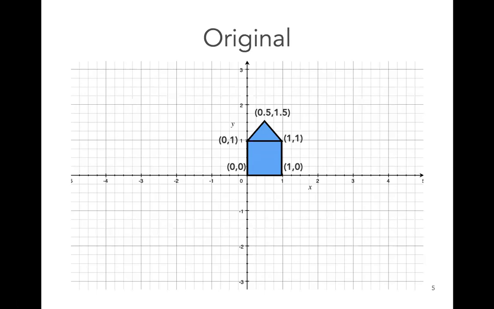To get really precise, let's look at a Cartesian coordinate system. We've got an x-axis and a y-axis, and a little house with coordinates on it so we can describe the location of each point. This is a right-handed coordinate system. If you use your right hand, take one finger and point it along X, and another finger and point it along Y,